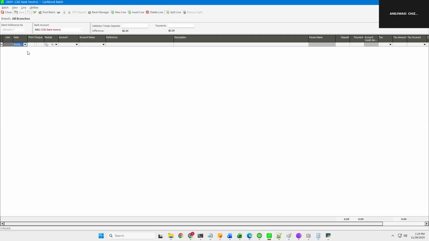Now, let's come in here now. Now, in here, what we have, underline, you're not doing anything, but here you're selecting the transaction date. By default, the system picks the system date, right? Print checks. If you are printing checks in Zimbabwe, because of the economic condition that we are in, we are not using checks, but in other countries, it's normal to be using checks. And instead of using a checkbook from the bank,